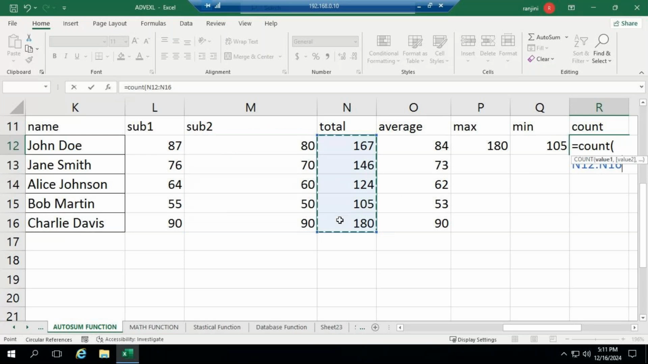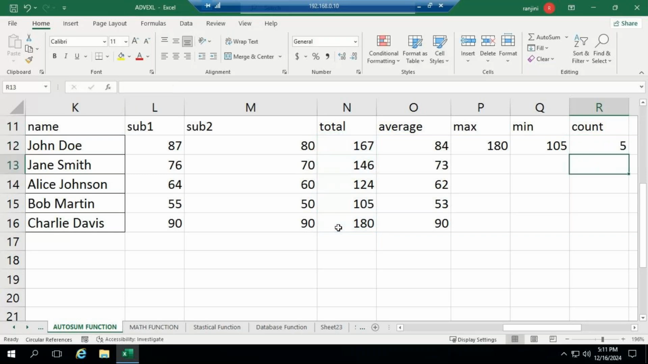Total range only I'll select, that is N12 to N16. Now see, it's going to give you the count. Okay. See, if I just select these values, only values, it is showing you here. Sum is,